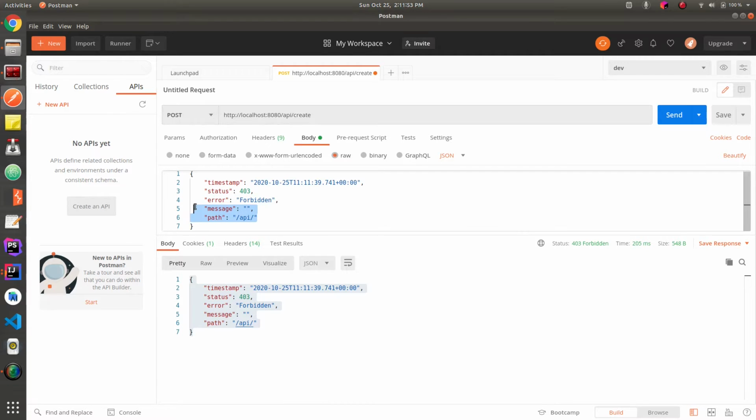We have to add three fields here: a username, a password, and a confirm password. Let's call this API.